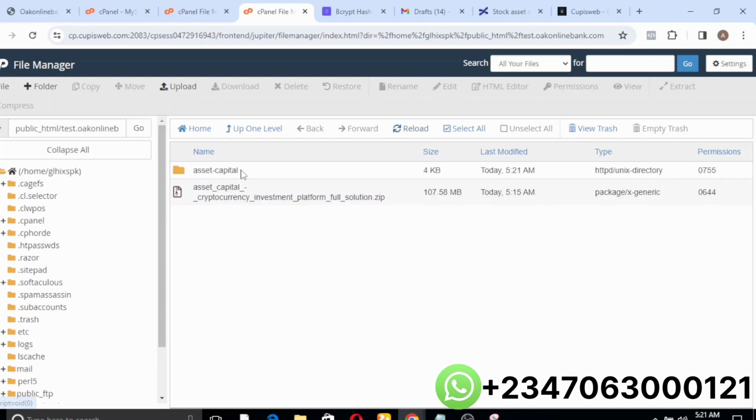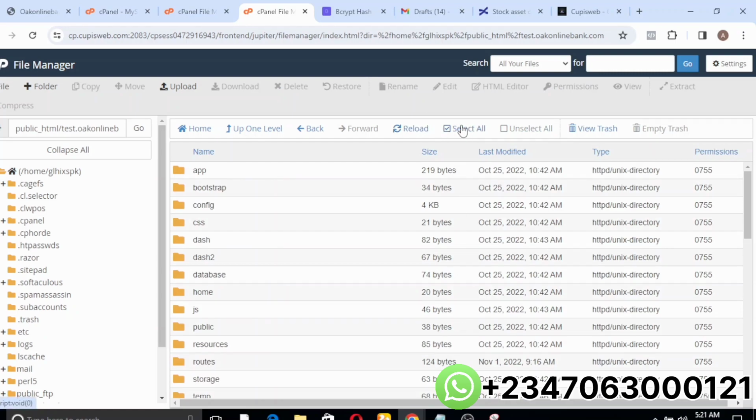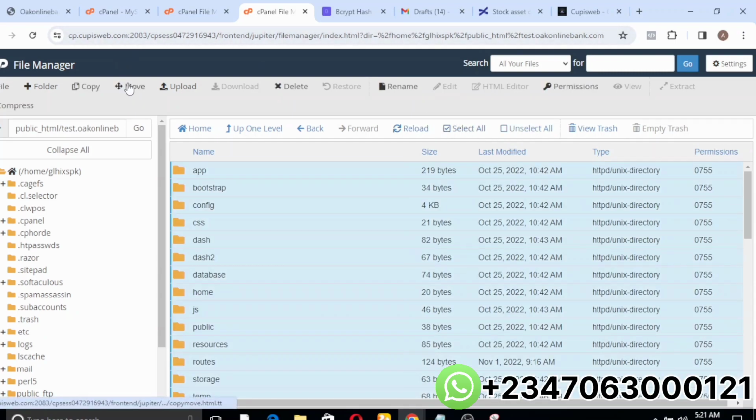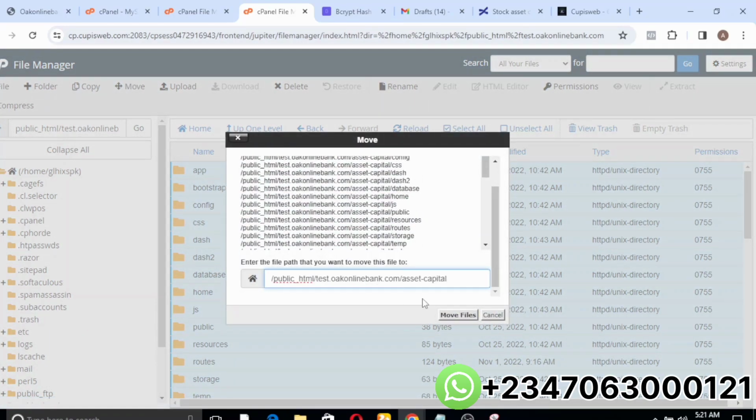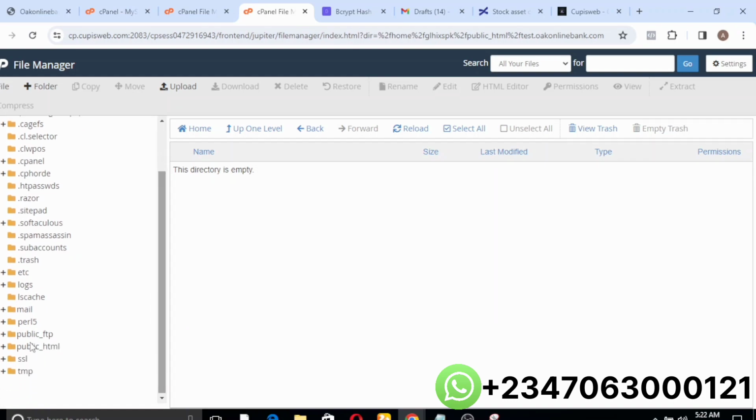Let's reload this. Okay, this is the folder. Open this, select all and move this directly to your public_html. But because I'm using this video for tutorial purposes, I'll be moving it to the subdomain that I created for it. So I'll just edit the folder name and click on move files. Alright, so with that being done, let me see what I have to be very sure. Sorry, public_html,